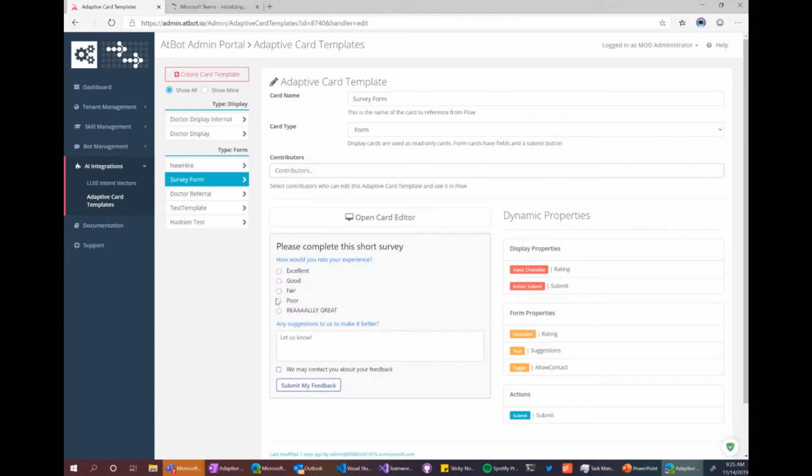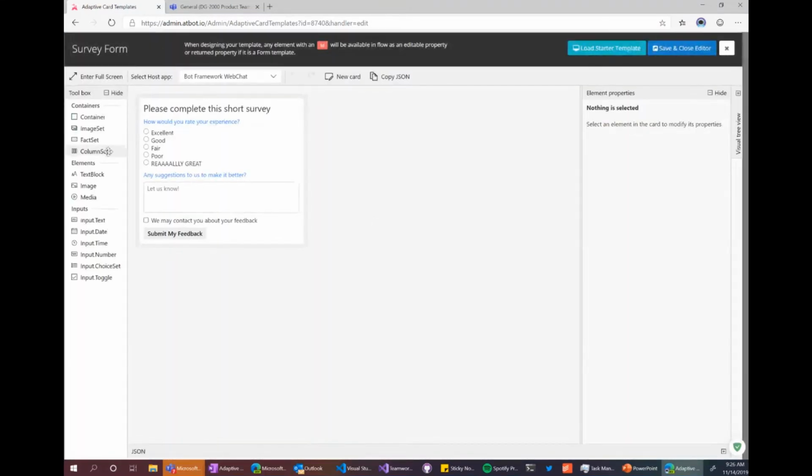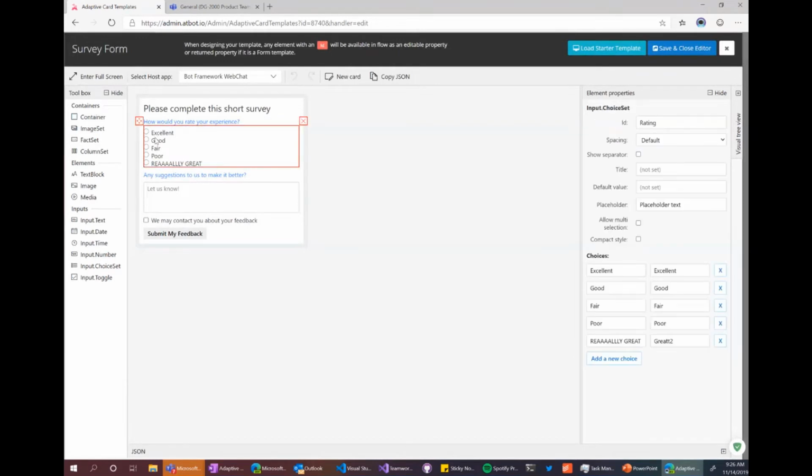So I'm going to load up Teams in another tab really briefly. And what I've built here is a survey bot. It's all powered in the back by Power Automate, formerly known as Flow. So there's no code to power this whole experience. And in this portal, I can click on Open Card Editor. This is the Adaptive Card Designer, as you've been familiar with.